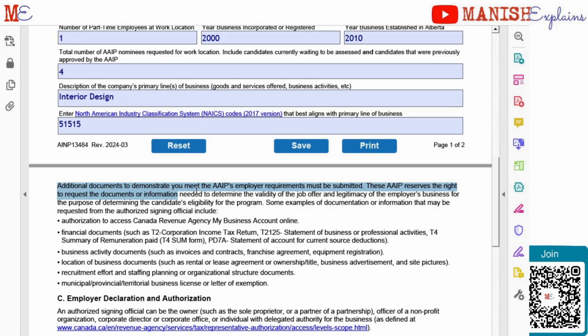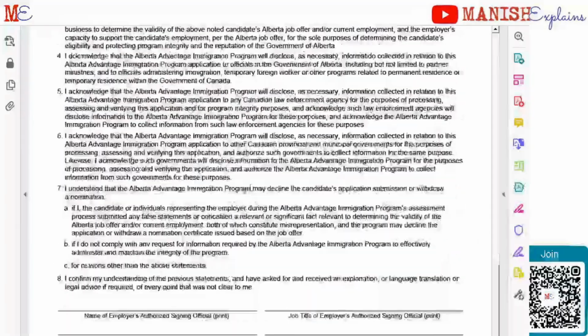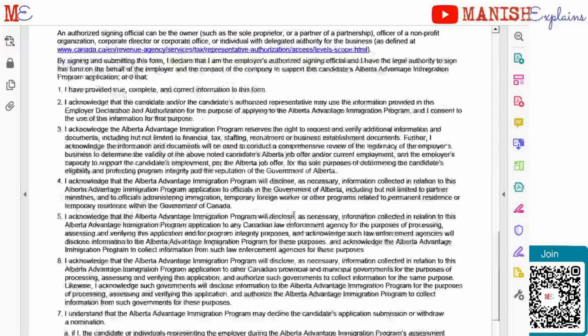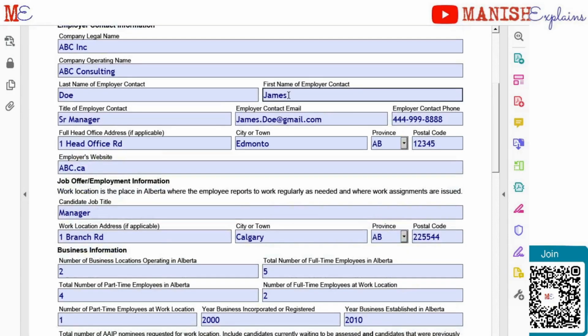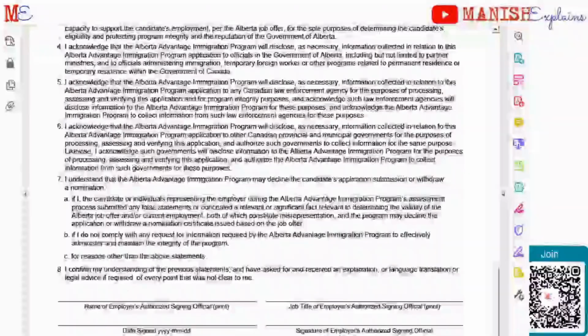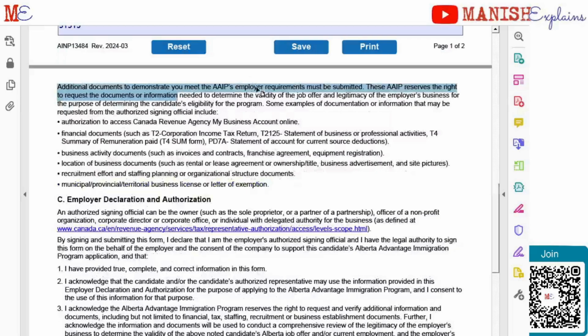Now, at the time of submission of this form, you may want to submit additional documentations related to the employer. You have to submit this form. It has to be signed by the authorized person. So make sure the name of the person that you have mentioned here, the employer contact, he prints his name and signs it here, but he also understands that AIP may request additional